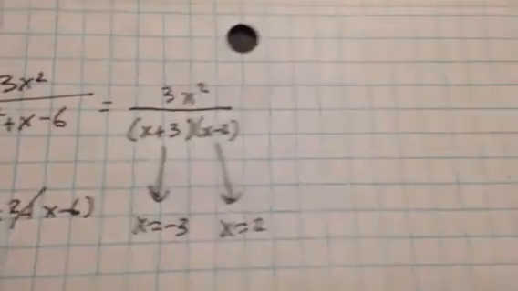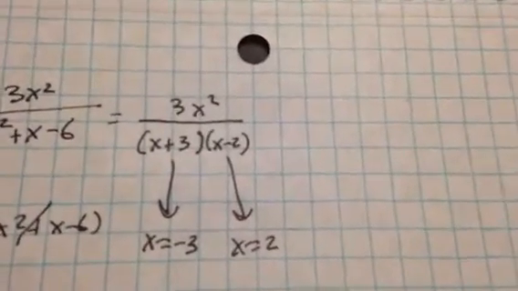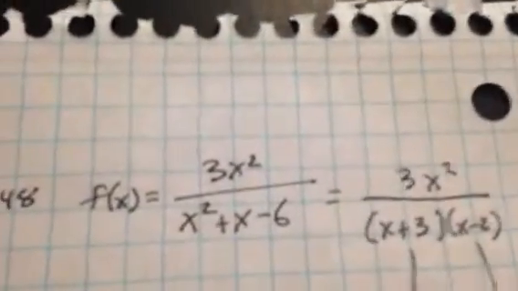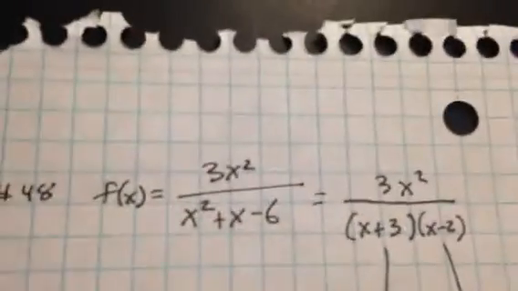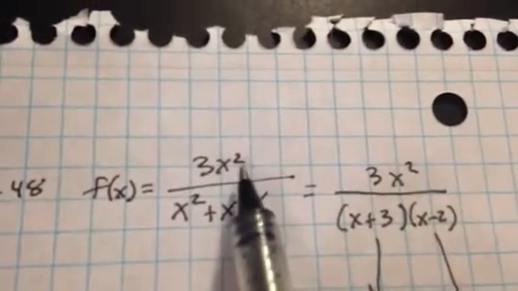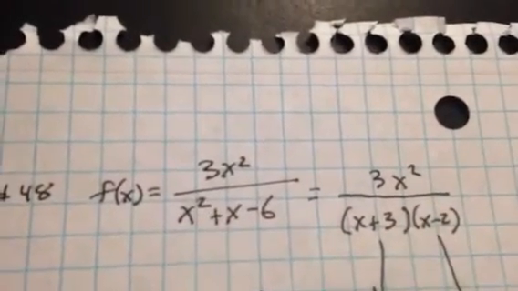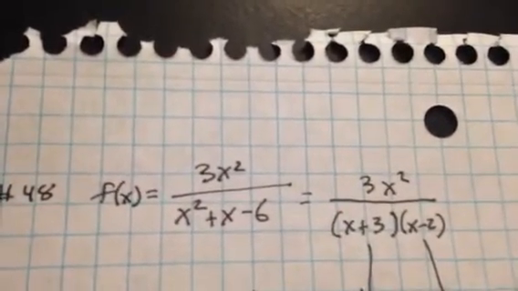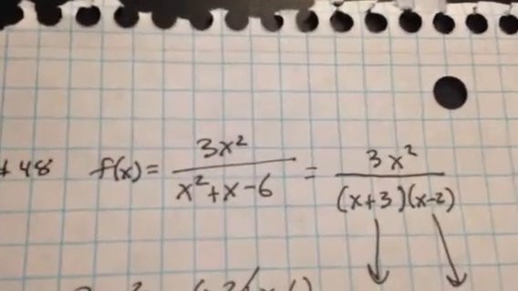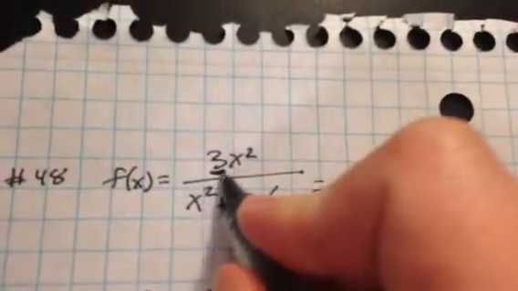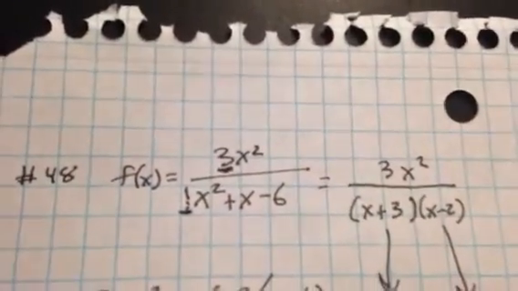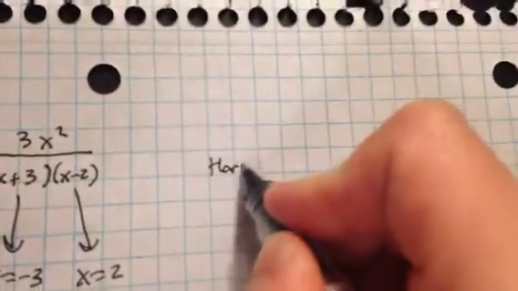They're also going to ask about horizontal asymptotes. Horizontal asymptotes can actually get pretty complicated, but in our textbook, we are going to only look at two situations. First situation is where the degree of the numerator is exactly equal to the degree of the denominator. If the two degrees are exactly equal, then the horizontal asymptote will happen at the ratio of the leading coefficients. So 3 is our leading coefficient here, 1 is our leading coefficient here. Ratio means divide. 3 divided by 1 is 3. So we are going to have a horizontal asymptote